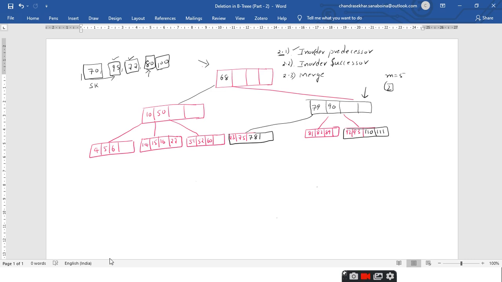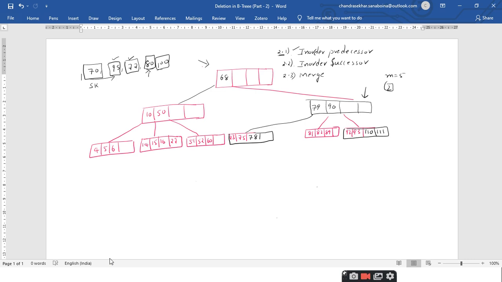It is from Jenny's lectures where I have used this particular B tree, but the explanation is myself only, right? So I should acknowledge. Why? Because she has taken a B tree in such a way that it explains each and every case. That is the reason why I have chosen the same B tree and I have explained it in the same order which she has done, right? So is it clear?